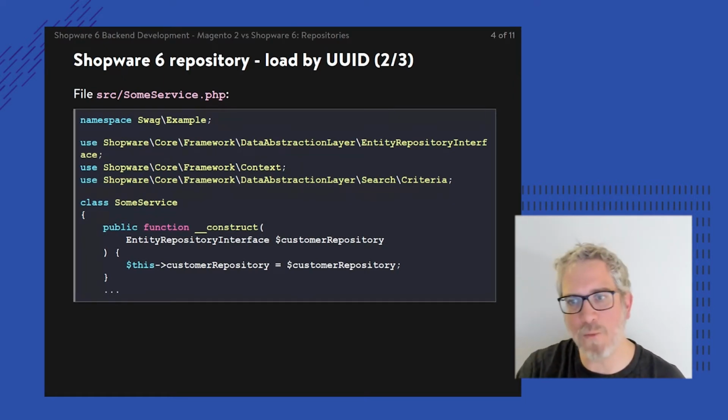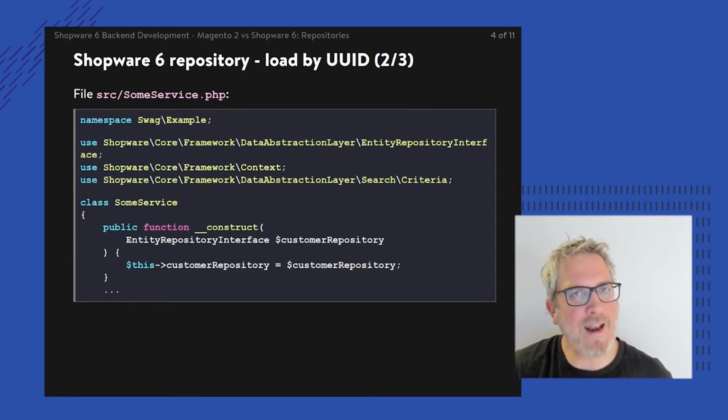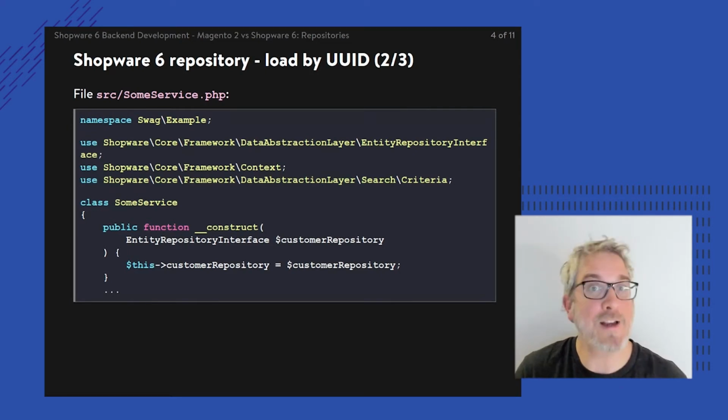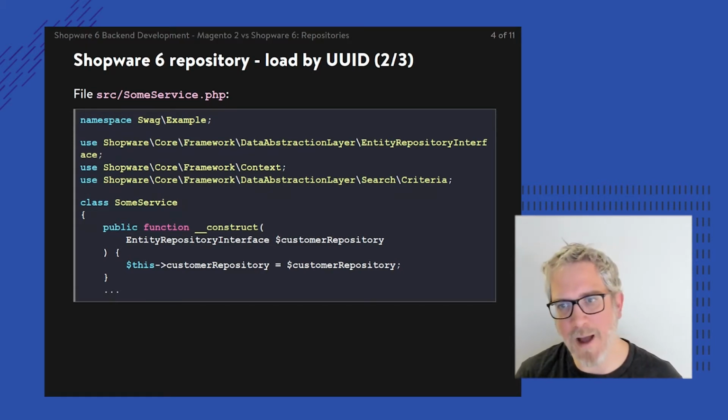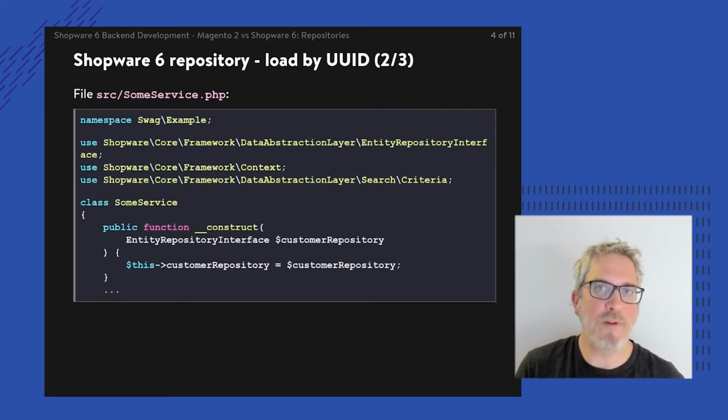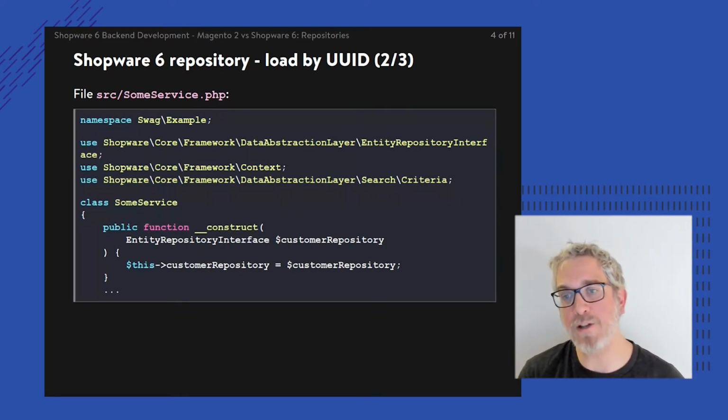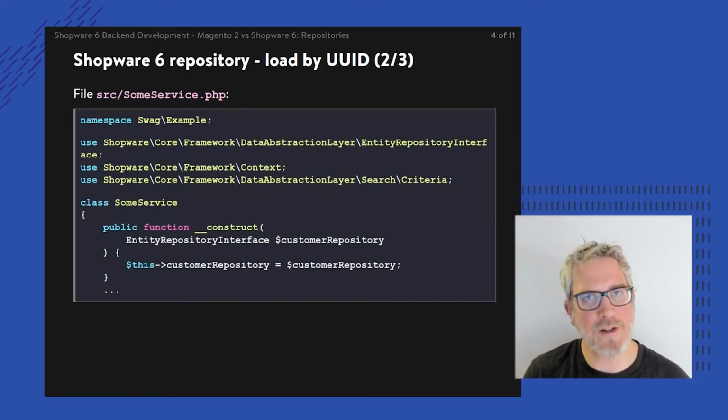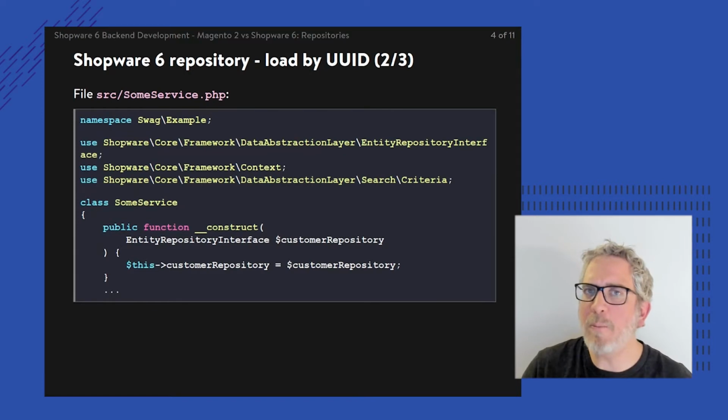So don't make the mistake of naming your object $entityRepository, because that would be silly. You're not getting a generic entity repository, you're getting actually a customer repository, even though it looks a little bit strange. Well, enough being said about the DI container and about the dependency injection itself. The first step was a little bit of XML, and the second step is actually the DI, the constructor itself, to allow for that dependency injection to take place. As you can see already, it's a little bit more cumbersome. It's a little bit more work to get started with this than the one slide example of Magento.